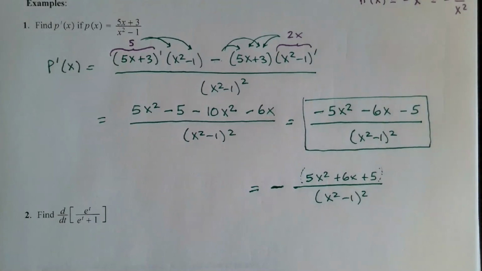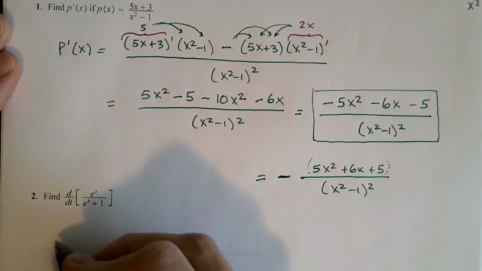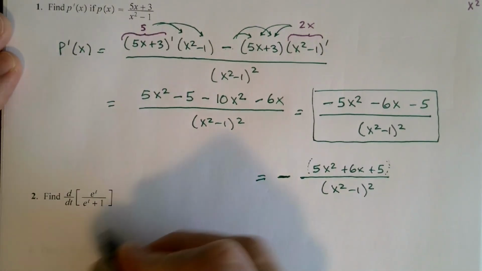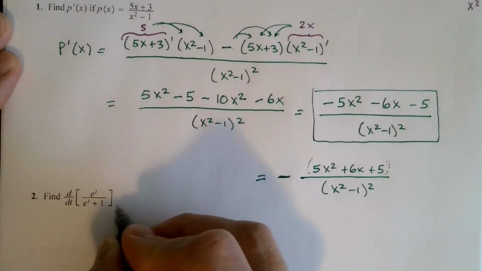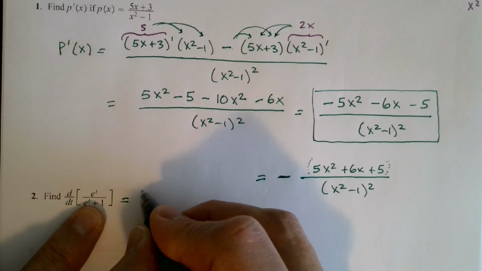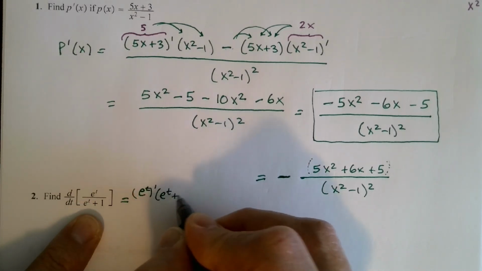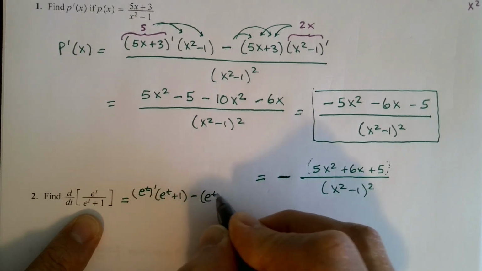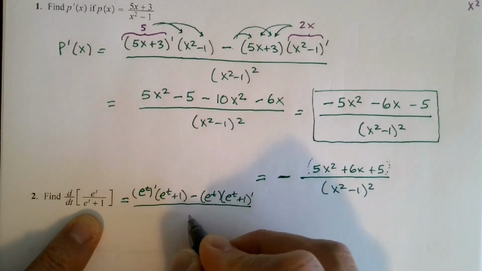Okay, let's look at one more example here. Again, this one I cannot simplify down very well. So I'm going to go right into the quotient rule. This just says find the derivative with respect to t of this function. So I don't need to do any special work here. We'll just take the derivative. It's the derivative of the top function times the bottom minus the top times the derivative of the bottom, all over the bottom function